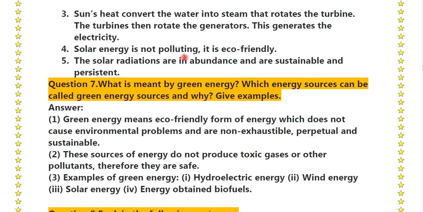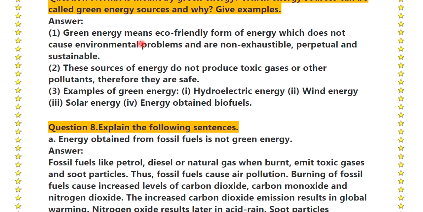Solar energy is not polluting; it is eco-friendly. The solar radiations are in abundance and are sustainable and persistent. Question number 7. What is meant by green energy? Which energy sources can be called green energy sources and why? Give examples. Answer: green energy means the eco-friendly form of energy which does not possess environmental problems and is non-exhaustible,